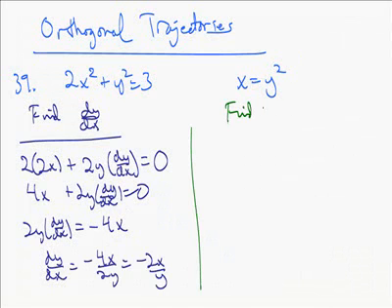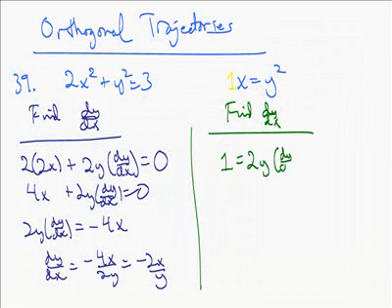Alright, let's go ahead and find dy dx here, and we should get again a negative reciprocal if these two curves are in fact orthogonal to each other. So here we have the left side. The derivative of x is just 1. So remember, we have a slope of 1 here, it's just a linear term. Now on the right side we get, according to the chain rule, thinking of y as a function of x, 2y times dy dx. So solving for dy dx, we get that dy dx is equal to 1 divided